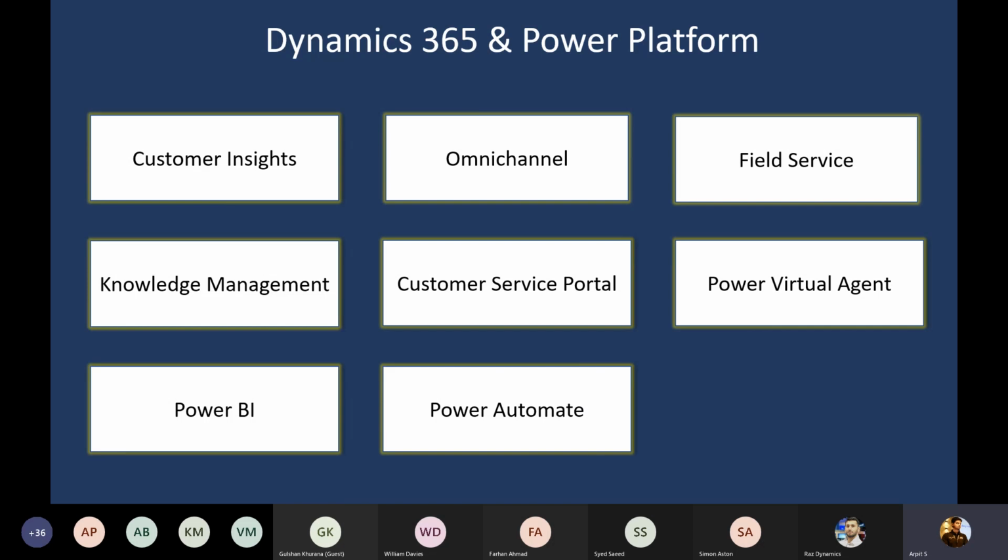Power Automate, as I already told you, currently most organizations are facing the problem that they have very little time to set up the call centers, right? Because it depends on what technology you are using. Okay, so if you have to write 1,000 lines of code in order to set up a call center or a particular application, then it is going to take 5 to 6 months of time or even more than that.